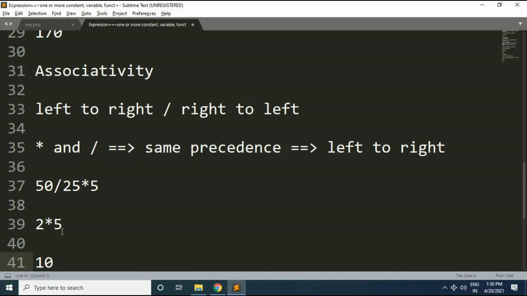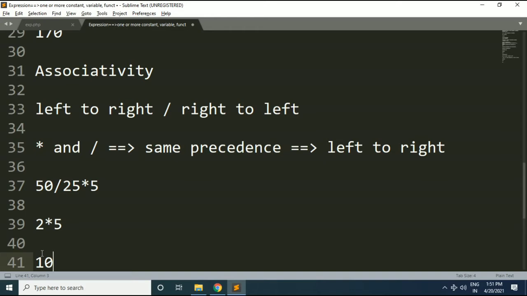So operator precedence and operator associativity are the two characteristics of operators that determine the evaluation order of sub-expressions in the absence of brackets. Friends, now I will show you a demonstration of how we can use different expressions and operators within a PHP script.